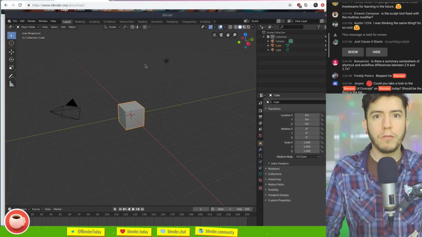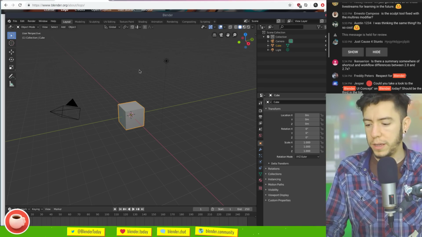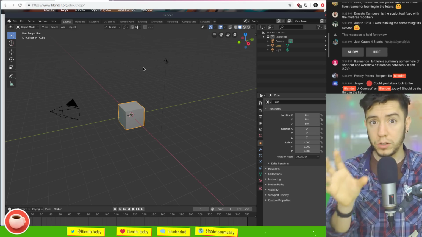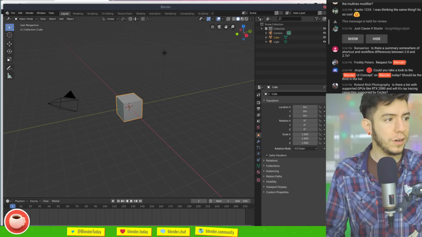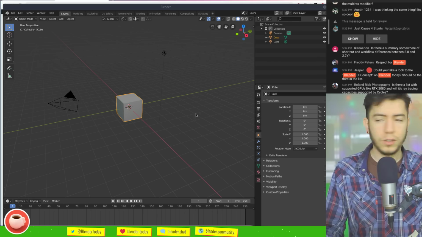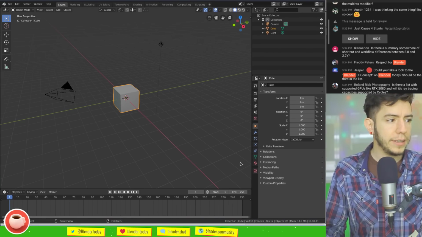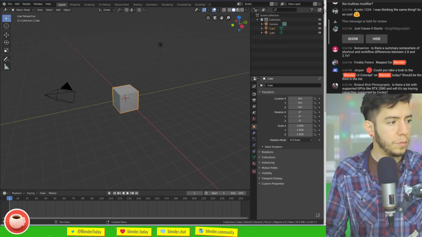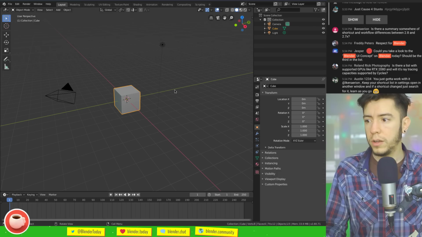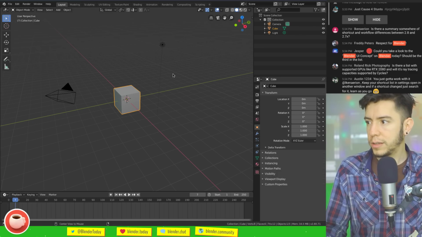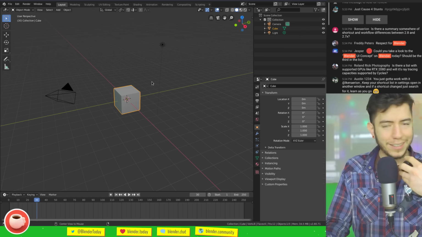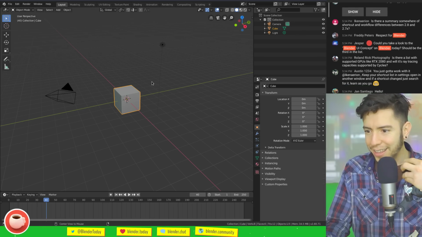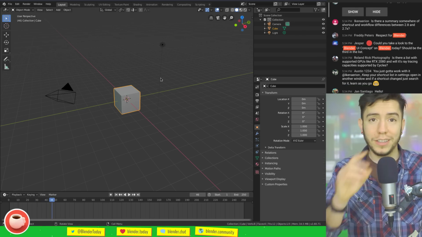Key maps. Remember in 2.7 there used to be a way to change your current frame without going to the animation editors or the sequencer, and that shortcut used to be Alt and scroll. So now that is back. You can Alt and then scroll. Sweet ASMR for changing the